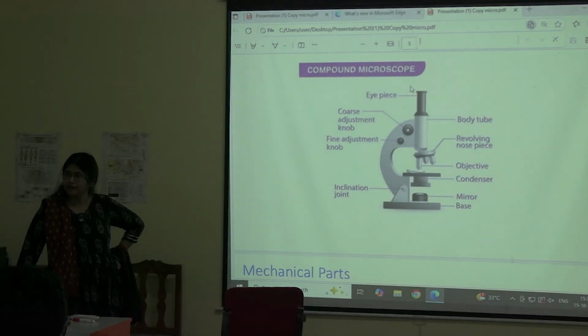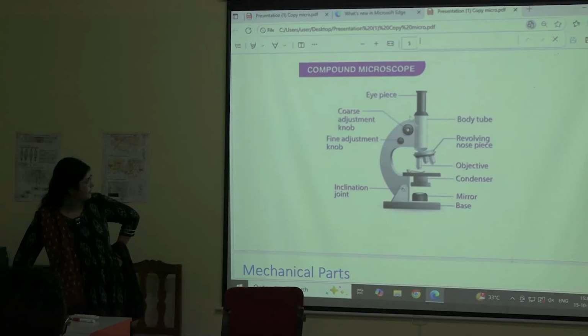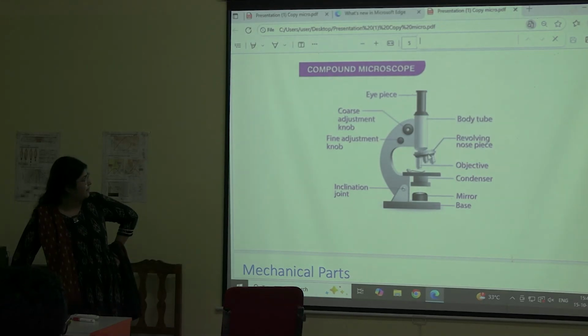You'll remember, right? Next is our body tube. Then we have two adjustments: the coarse adjustment knob and the fine adjustment knob. Then we have this revolving nose piece, which has the objective lenses, followed by the stage.